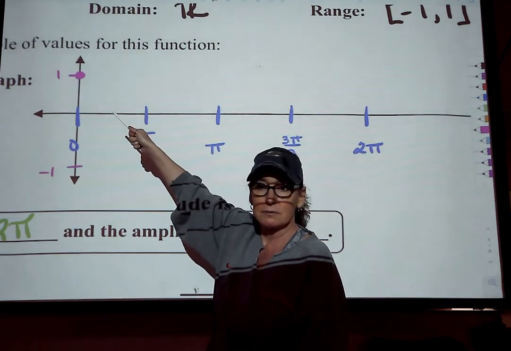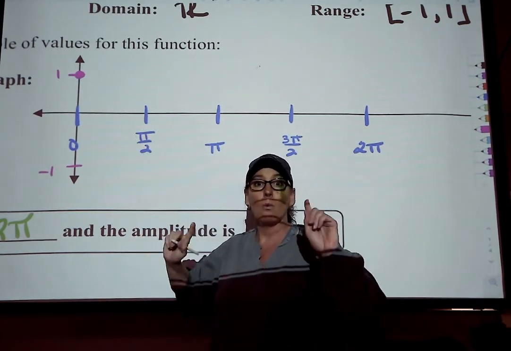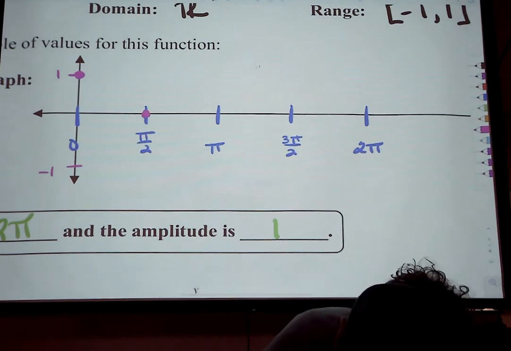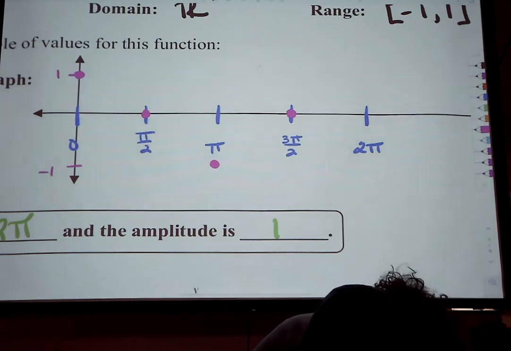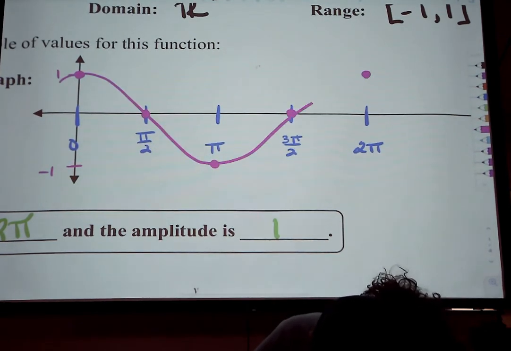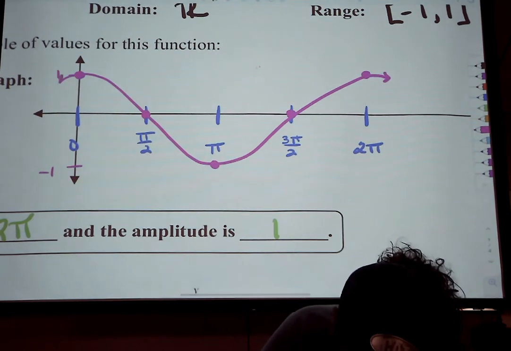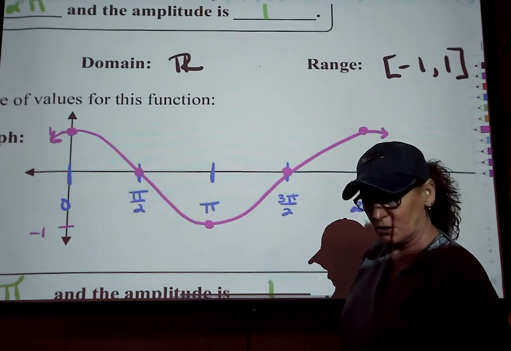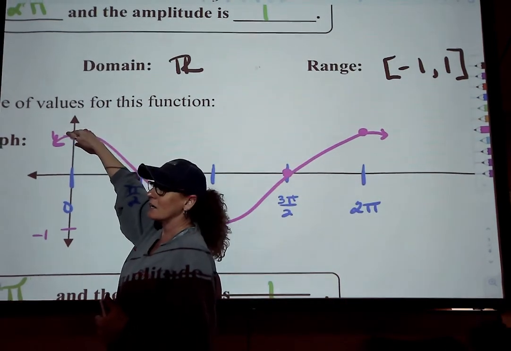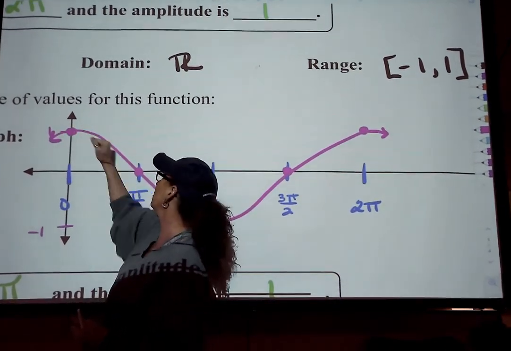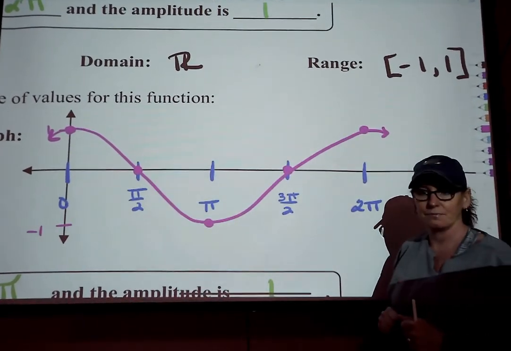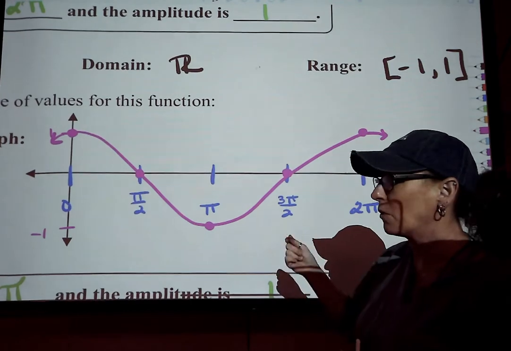Starts up here. Okay? Watch how fast I make these 5 points. 1, 2, 3, 4, 5. And now I'm going to connect them. Five points. Start high, hit the middle, go low. Boom, boom, boom, boom, boom. 5 points. You need to be quick,